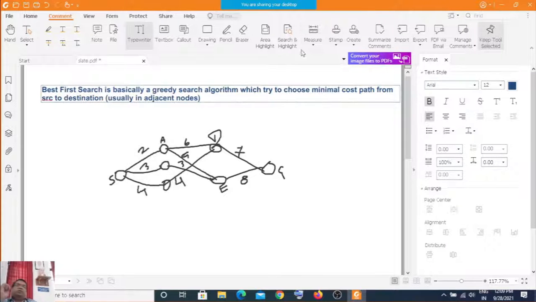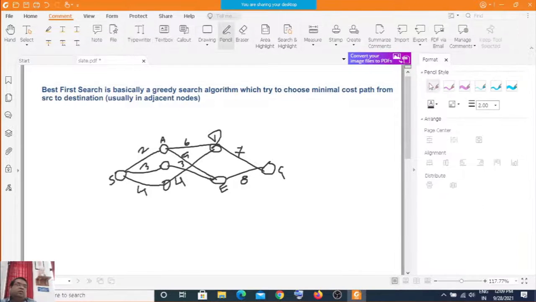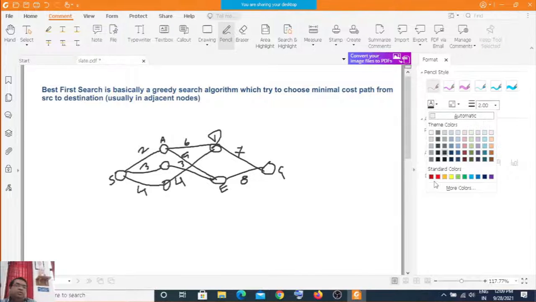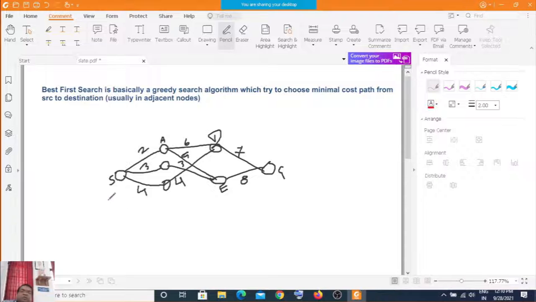So now if we consider this, okay, let me change the color of the screen. If we want to go from this S to G, what this will do, it will select first, because BFS will compare 2, 3 and 4 and will select 2 because 2 is having minimal cost. Okay, then it will check 6 and 5 and it will select this 5 because 5 is having the minimal cost, and now it will go through this 8 because there is no other path if you consider,